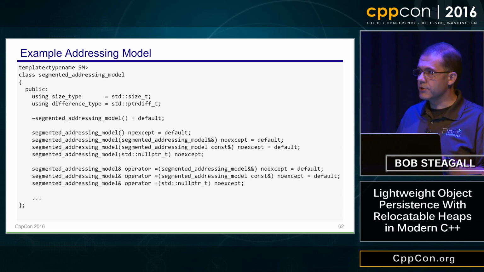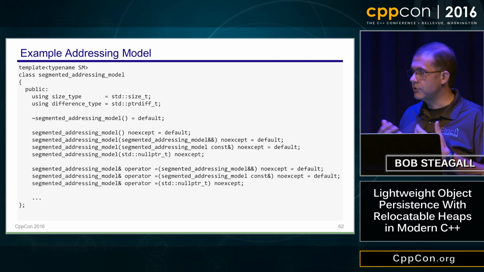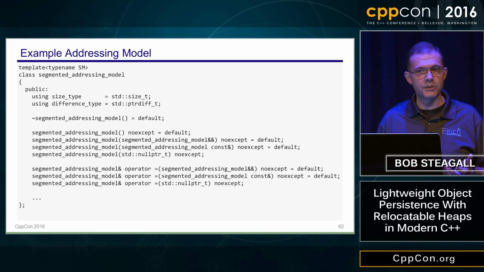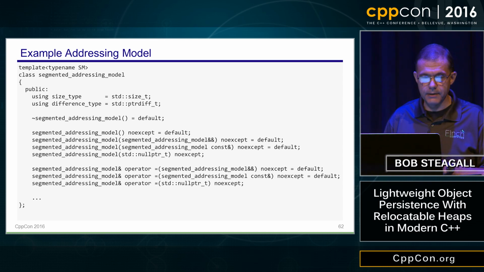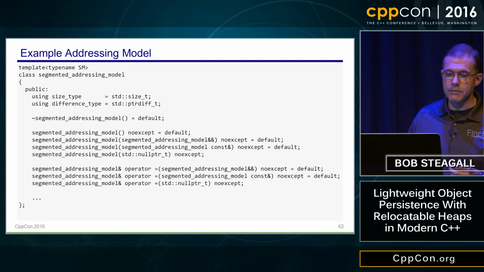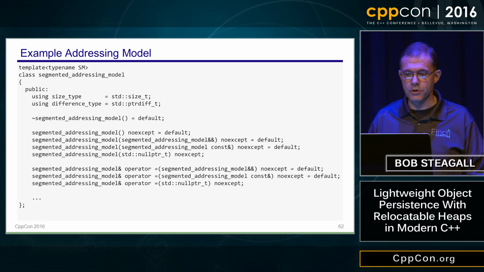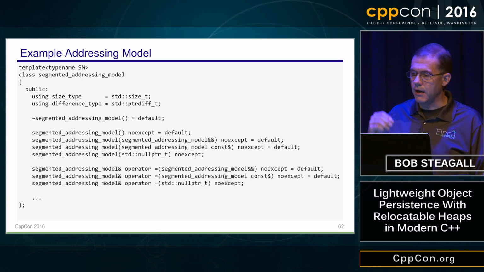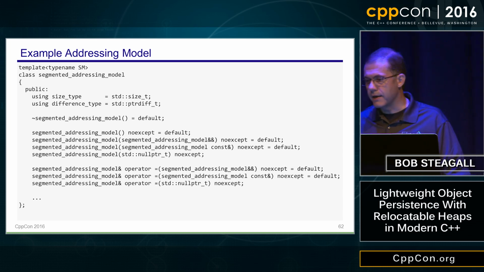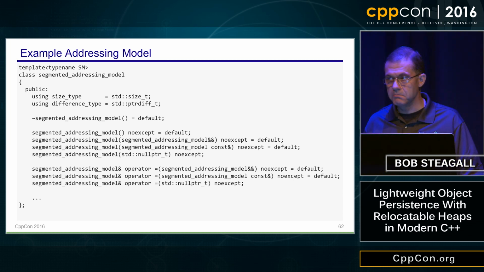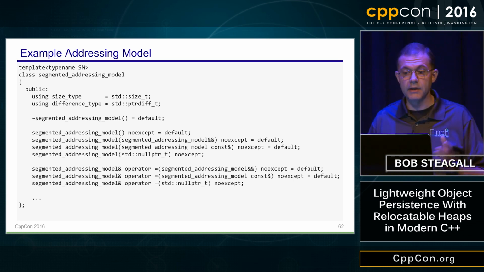Now, I will say before starting that there are many ways that one could implement these concepts and make the system work. I've chosen to implement the four structural concepts as four distinct types. If you decide to use this methodology, you could do it differently, and there's nothing wrong with that. In this case, my addressing model type is a class template, and it's parameterized on the type of the storage manager that will use it. I could have a private address storage manager, I could have a shared memory storage manager, I could have a stack-based array storage manager. And I would like to be able to use the same addressing model with all of those things, so I made it a template.